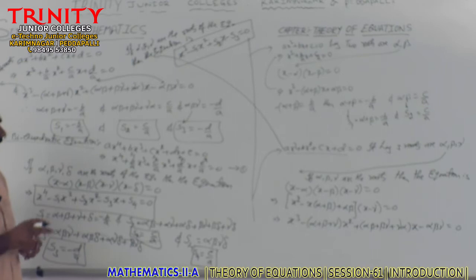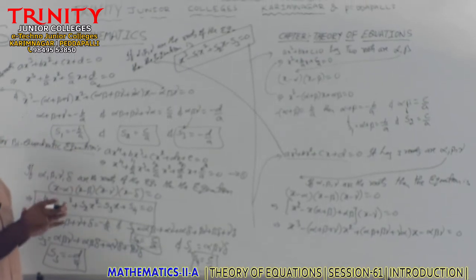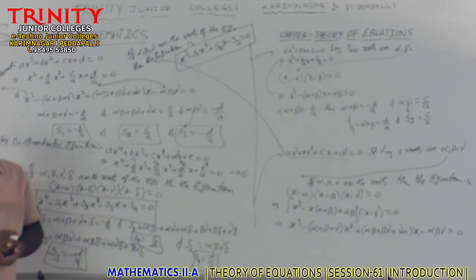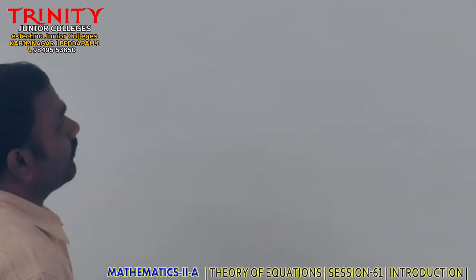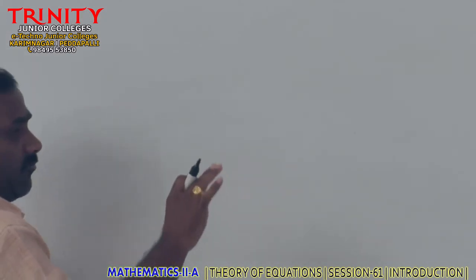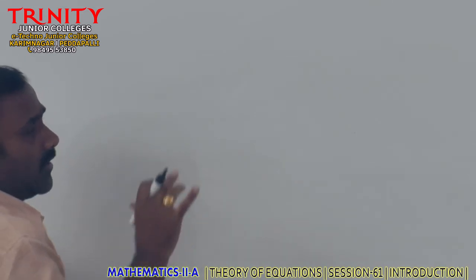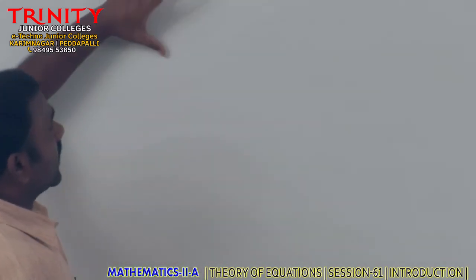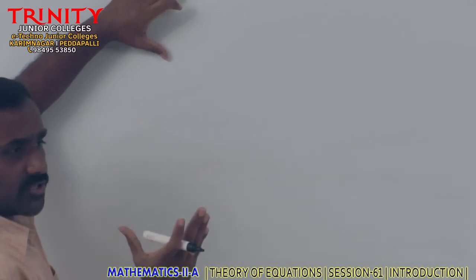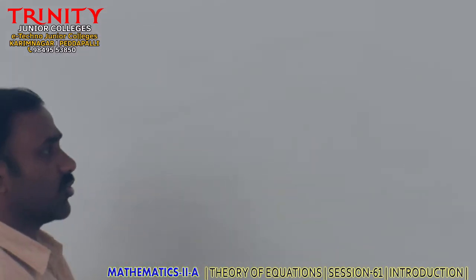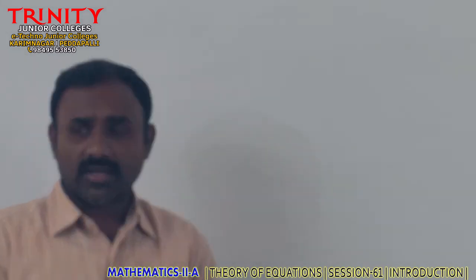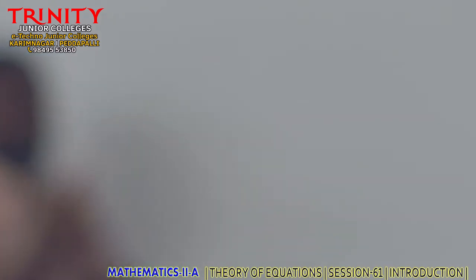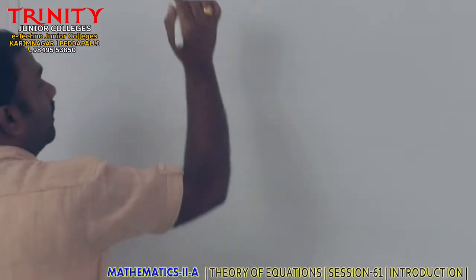Again, I will write all these relations once more. While writing in your notes, you have to write these forms. Now, we will write whatever we discussed just now. I will give you clearly, for the quadratic equation, what the roots are, what the equation form is, and what the relation between the roots and the coefficients is. Like that, we will discuss the cubic and the biquadratic. And after that we will go for the nth degree polynomial equation.